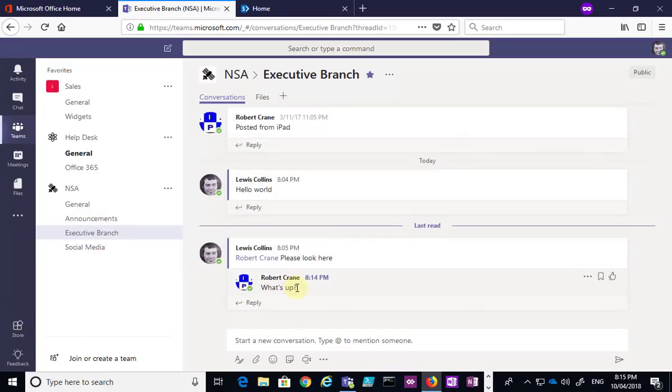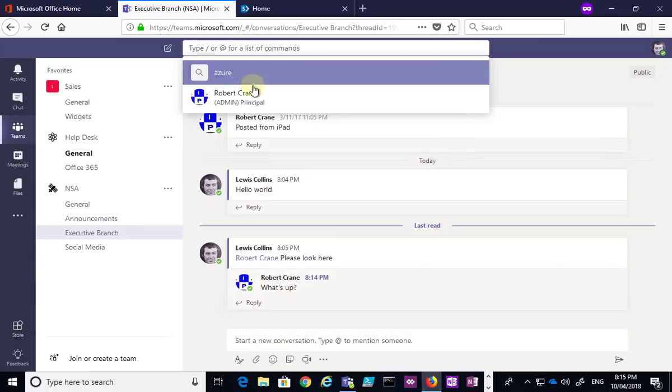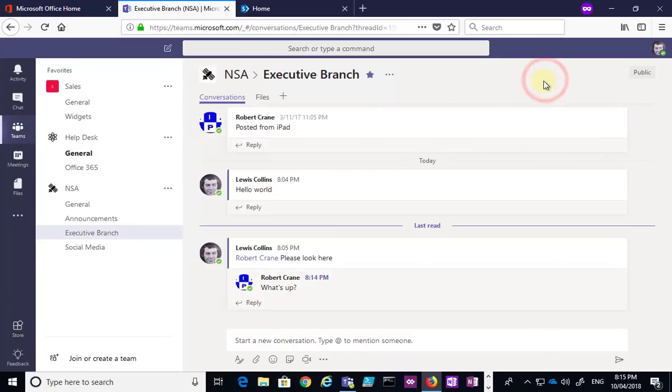One of the big benefits of using chat is that it will cut down on your emails quite dramatically, basically because it's all available in one location. And remember, it's all in public, which means that I can go in here and also do a search if I wanted to. Now, I did mention that not only have we got access to a web-based version and a dedicated desktop version,